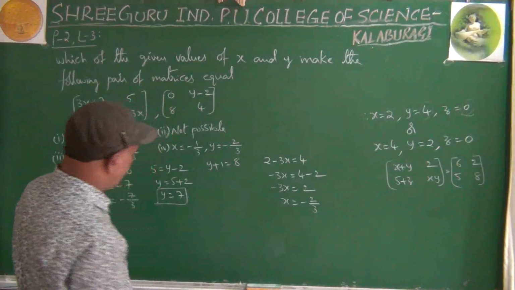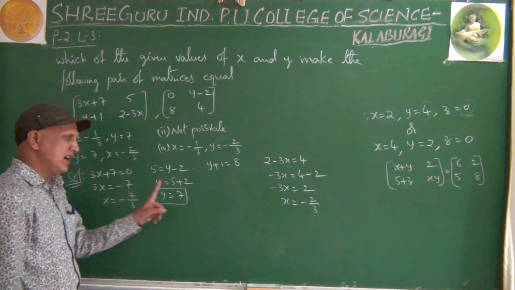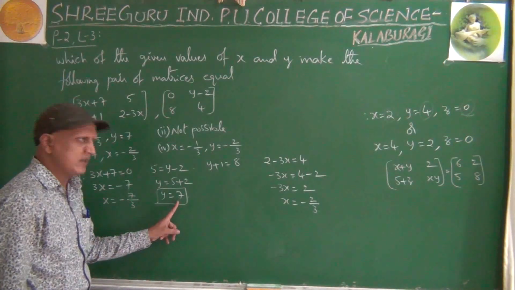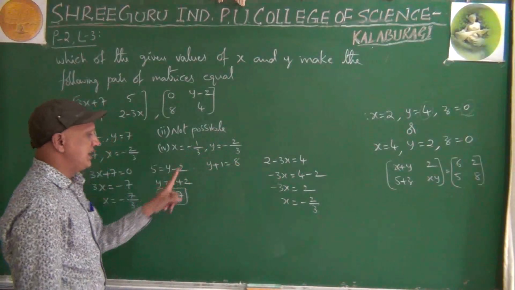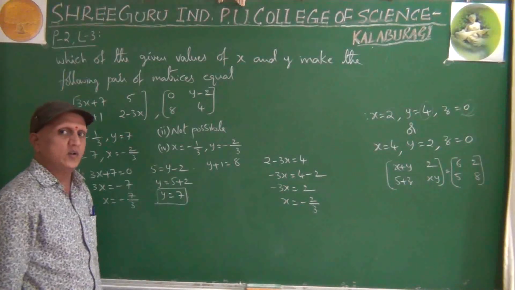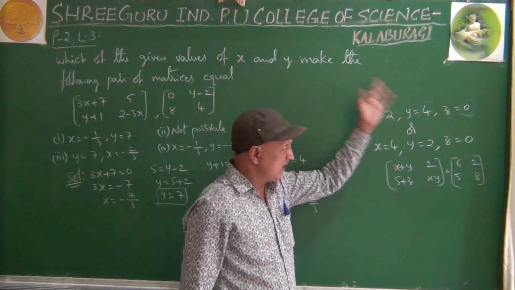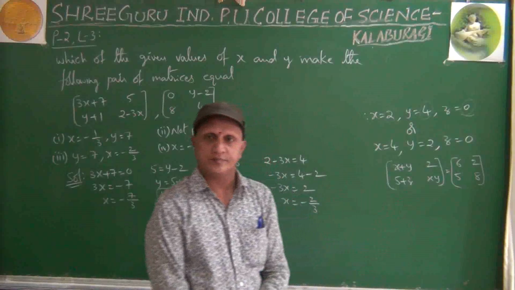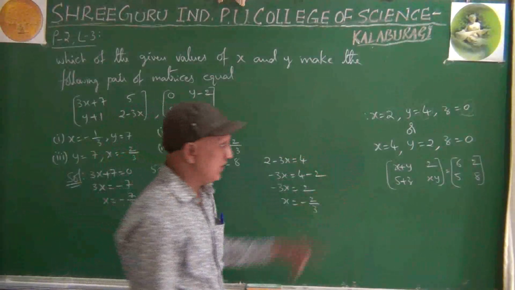Then, sir, why don't we write the answer like this? x equal to minus 7 by 3, comma y equal to 7, or x equal to minus 2 by 3, comma y equal to 7. Why don't we write the answer like that? When we wrote the question, at that time we wrote like this only, no? At that time only I told